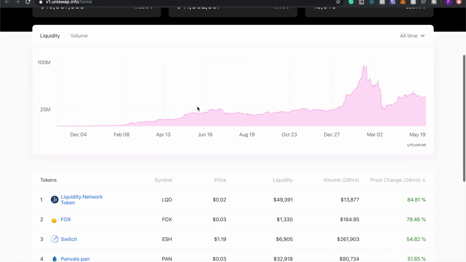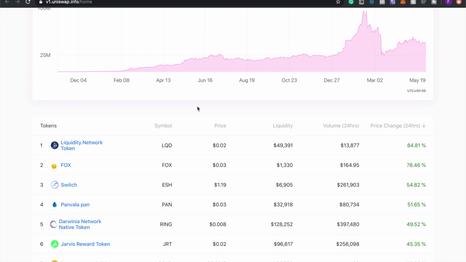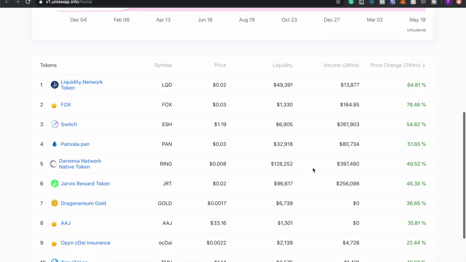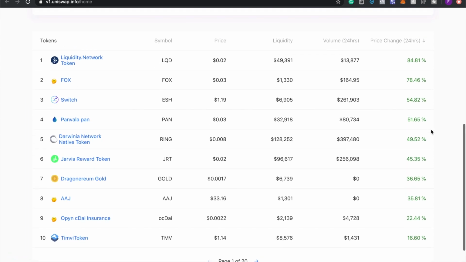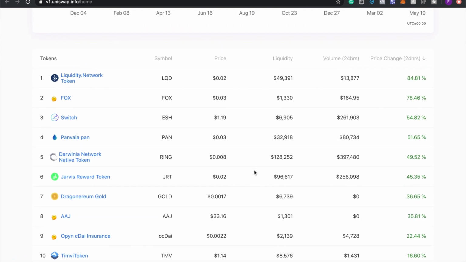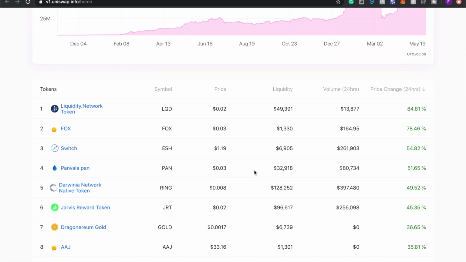I wanted to just look over at Uniswap. If you guys haven't noticed, a lot of coins on Uniswap are basically pumping and dumping. So look, half these coins are up 50% today, which is absurd. And there's always coins that are up a lot, and you don't know which to invest in, because you have these people who come in just to buy it, pop the price, or wait for other people to buy it and then they sell.